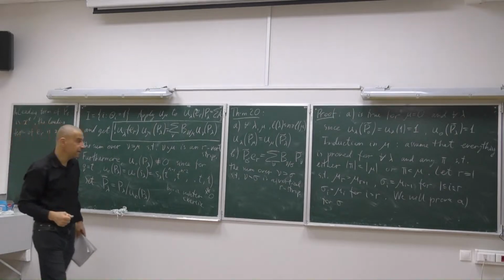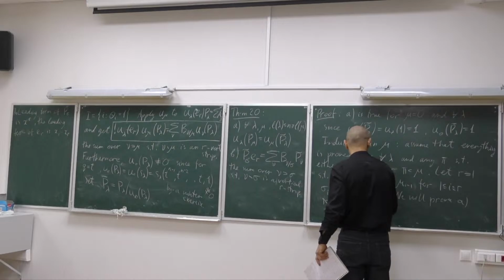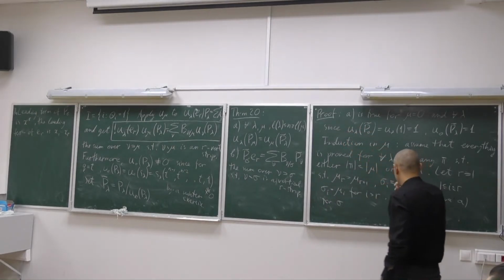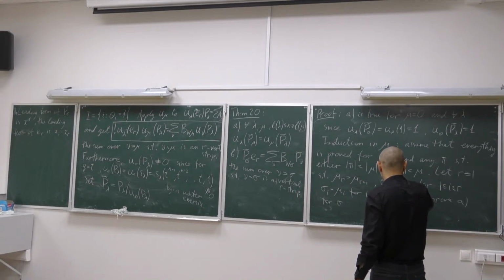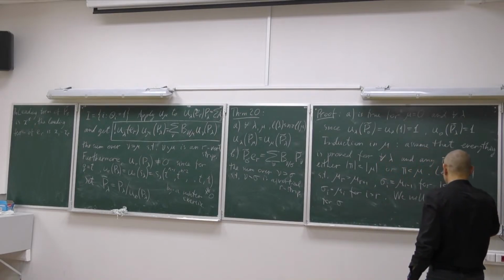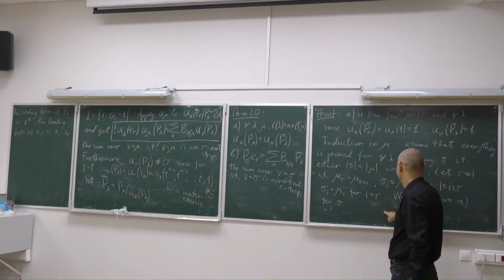Yes? Pardon me? What is sigma 1? So if r is bigger than 1, then certainly mu starts with mu 1, mu 1, mu 1, and so on, and sigma 1 is also mu 1. If r is just 1, then